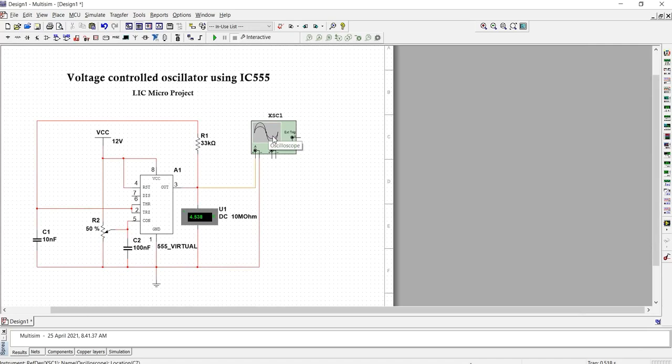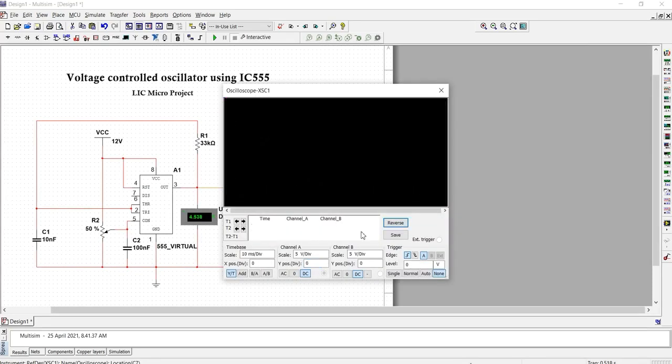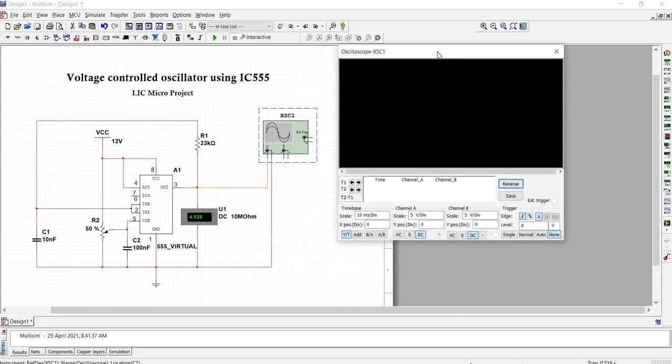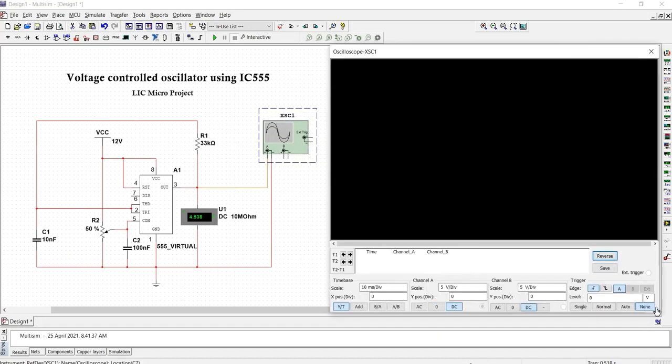Open the graph window by double clicking the oscilloscope. Set the graph window in a proper position. Now we run this simulation.